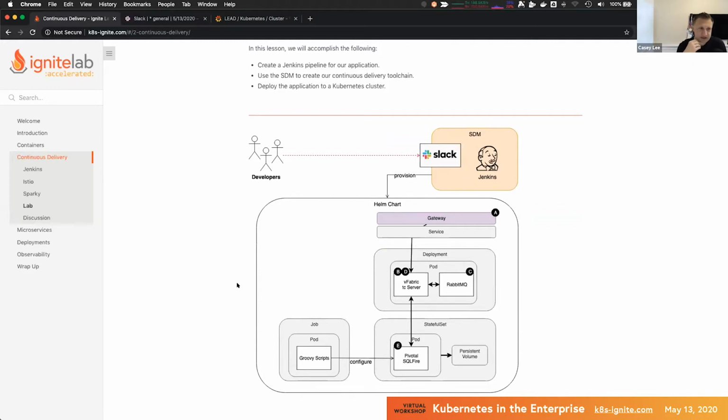Now, there's a few things that have to happen. One is everyone's going to get your own Jenkins instance. The way in which the Jenkins environment is provisioned is through this SDM through Sparky. So you're going to be making requests of Sparky to provision a new Jenkins instance. The Jenkins instance will be running in the Kubernetes cluster in its own namespace. And then that Jenkins instance will have access to deploy to some other namespaces that are also provisioned for you